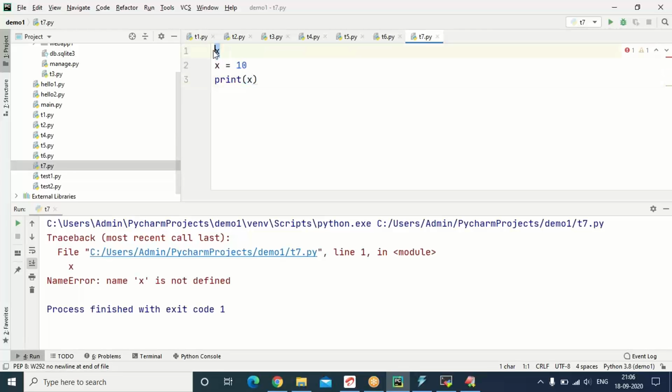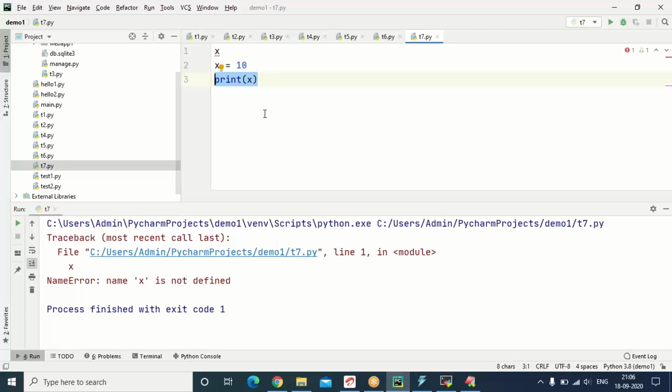If you go to Java, first variable declaration with data type, then initial value, then usage for printing. In Java, it is proper, but in Python, wherever variable is declaring, there itself you have to provide initial value.